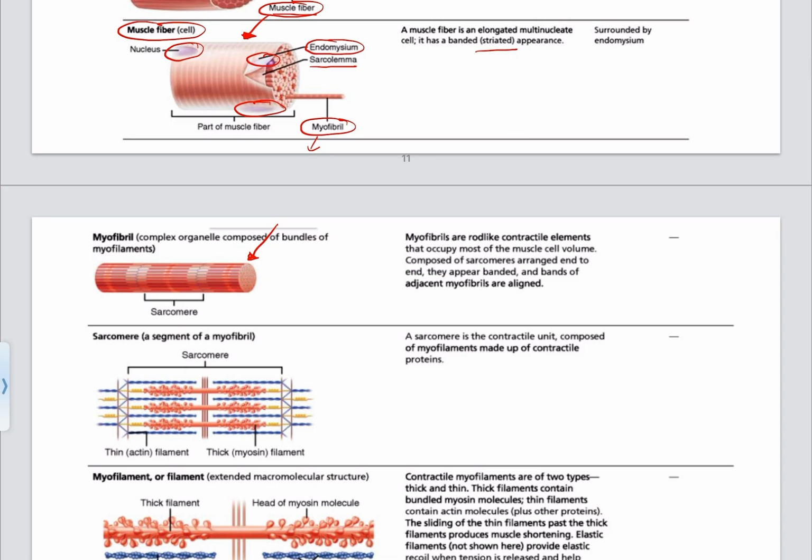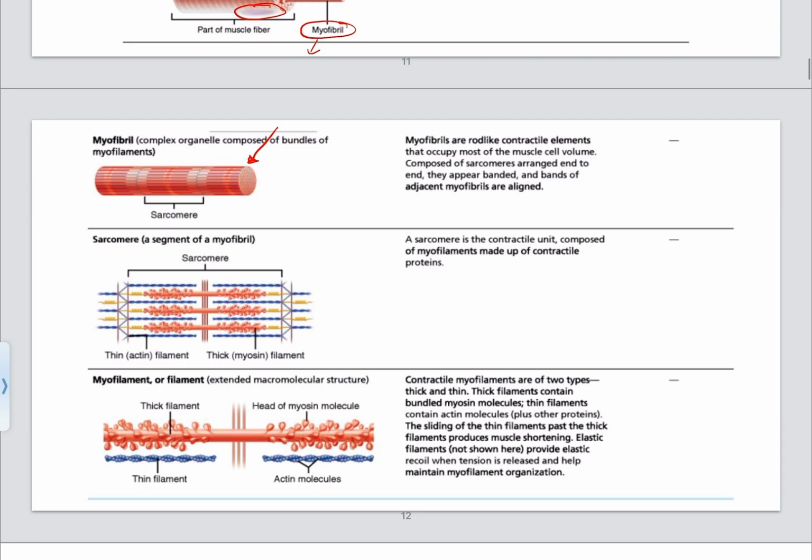And what myofibrils are, we'll talk about them more in the next video, is these are just the contractile elements. And what they are composed of are these units called sarcomeres. And we link these sarcomeres end to end down the length of the myofibril. And those are the contractile units that we actually shorten in order to contract our muscle. If we take this sarcomere and we zoom in further,